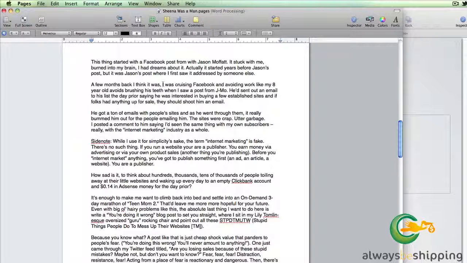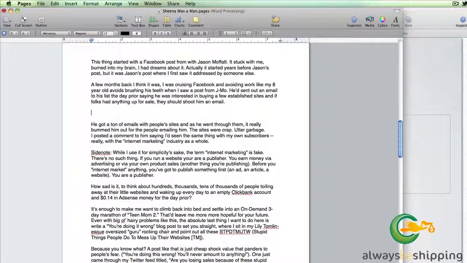Now what I'm looking for is a point where I would want to switch to another slide and what kind of image I might want to use. So I say something about utter garbage. So here's what I do. When I decide that I want to have a next slide, I put in next slide. That way, as I'm reading it, when I'm recording it, I know that when I come to that point that I should hit the next slide button, which is a space bar,